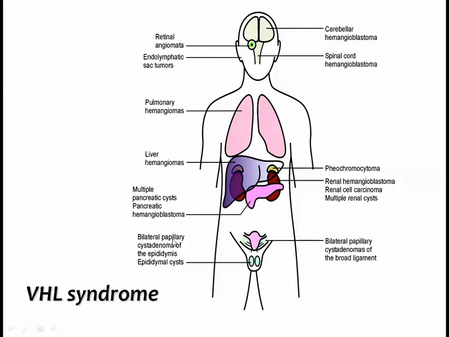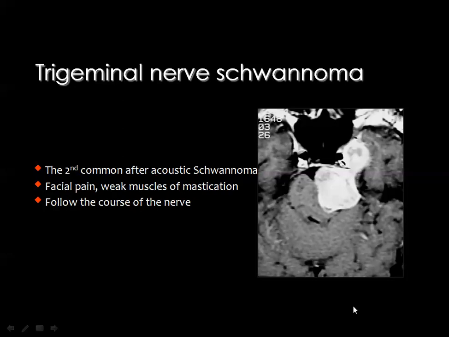And the final lesion in this group is the trigeminal schwannoma or neuroma, and this lesion occurs along the course of the trigeminal nerve. You know that the nerve comes out from the brainstem, it goes into the cerebellopontine angle, then exits, then goes through the skull base foramina, reaching the parasellar area, and in its destination here in the Gasserian ganglion, which is located in the Meckel's cave, which lies posterior to the